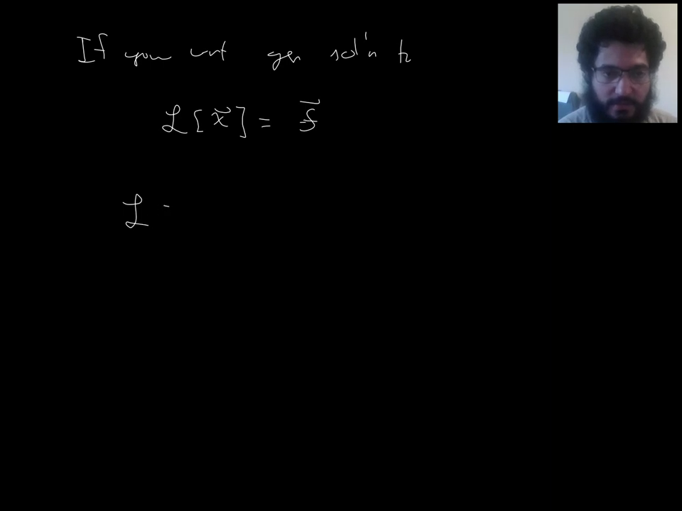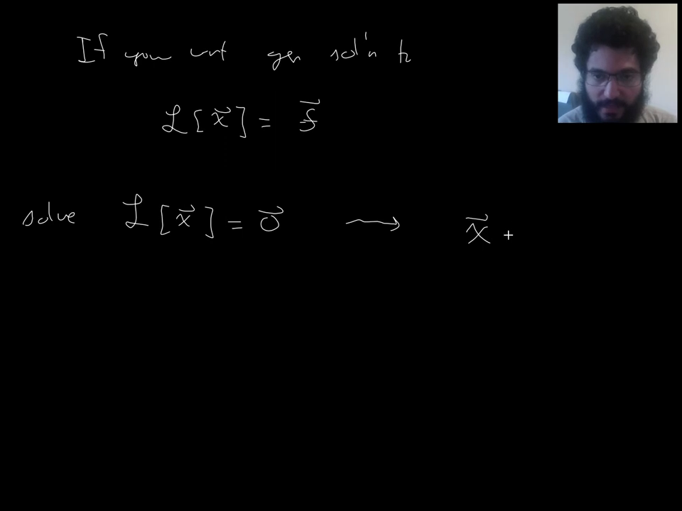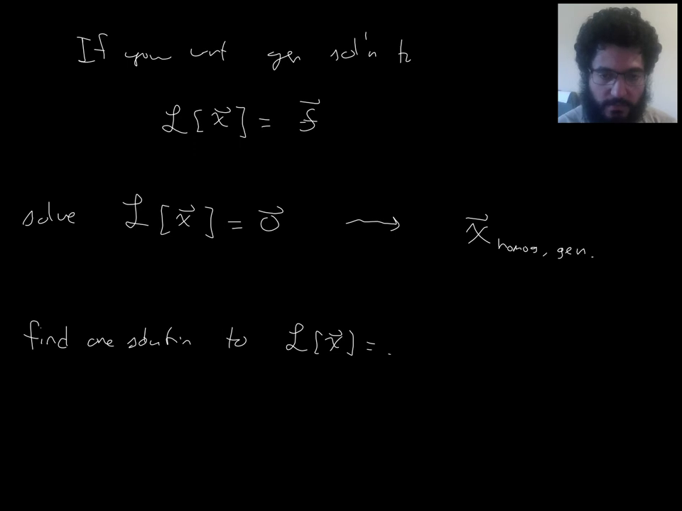So solve this one, and here by solve I mean get the general solution. So let's call that x homogeneous general. So you'll get some general solution, and then somehow find some solution. So just find one, by any means necessary, find one solution to the non-homogeneous. I wouldn't call that a general solution, that would be a particular solution to the non-homogeneous. Non-homogeneous, particular,